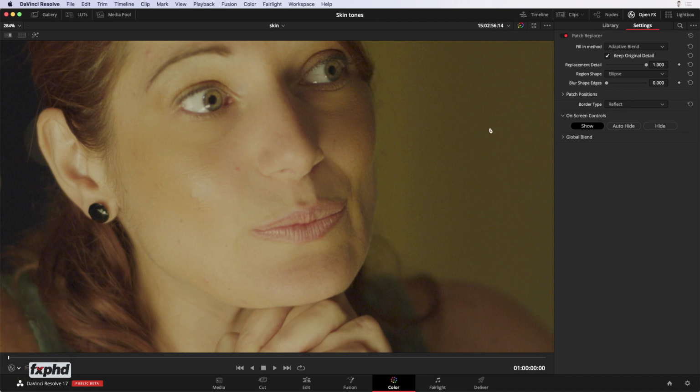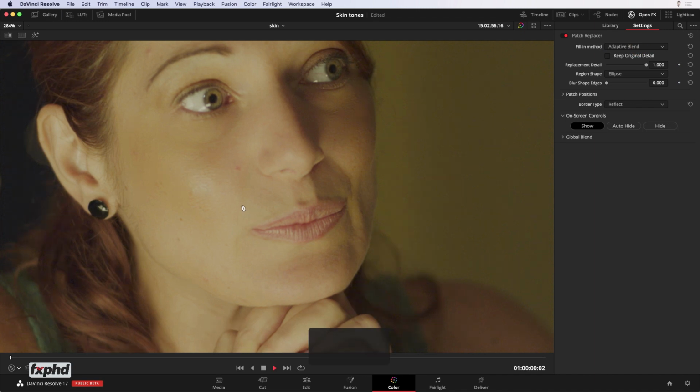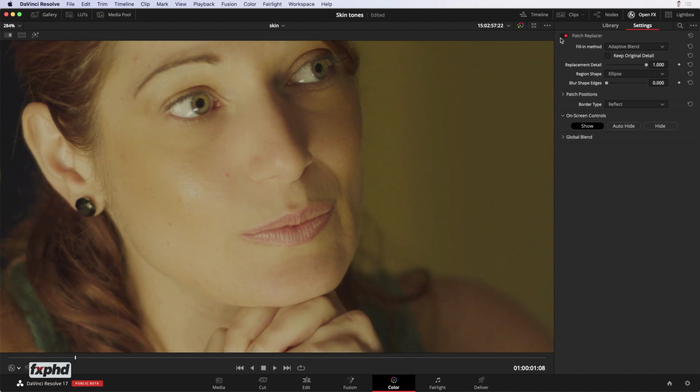Just go off. And then you can decide whether you are going to do adaptive blend or clone. Normally adaptive blend is good because it's going to blend in and try and match that grade for us. There. If I toggle that off and on, there. And I just need to soften the edges. So if I go in, I can again show that effects overlay, feather the edge of that shape. There. Toggle him off. Shift tilde does that. And then we can turn off that grade like that.